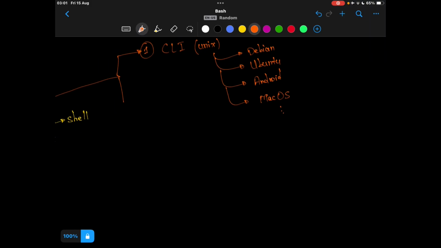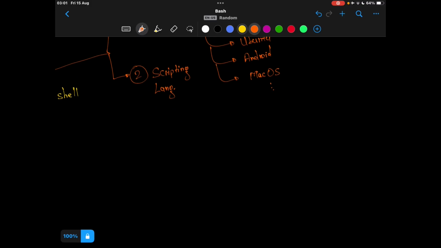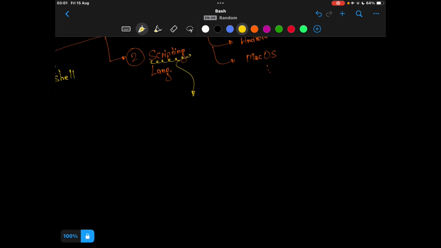The second purpose it serves is that it is, on its own, a scripting language. What does it mean to be a scripting language? A script is interpreted code; anything you do to automate something is called scripting.